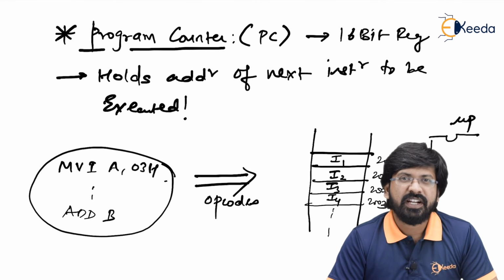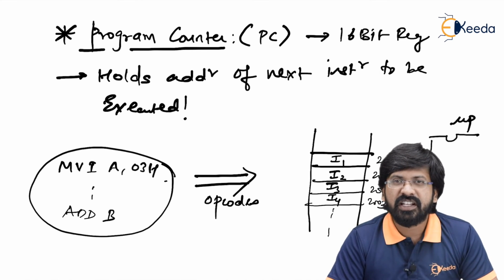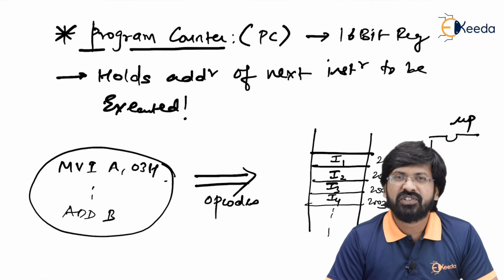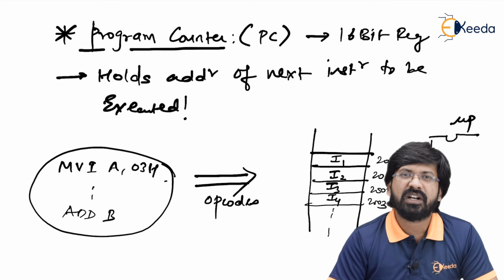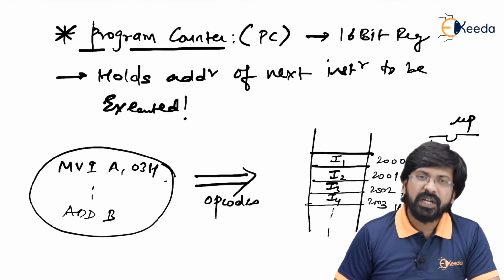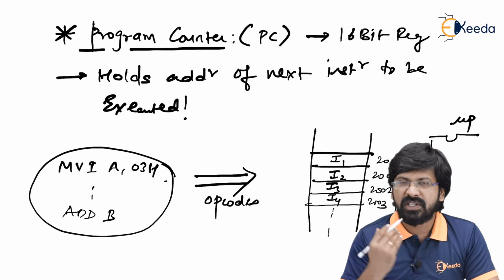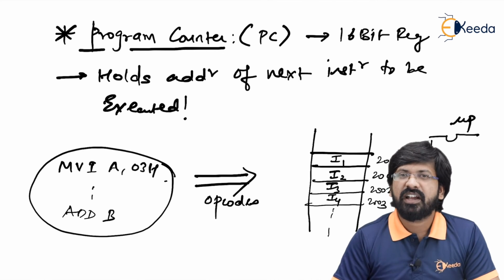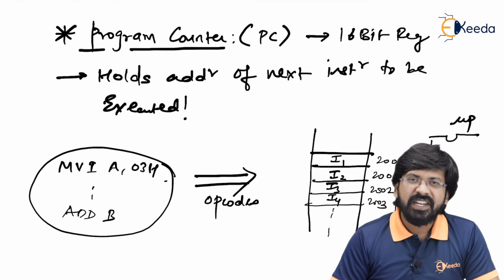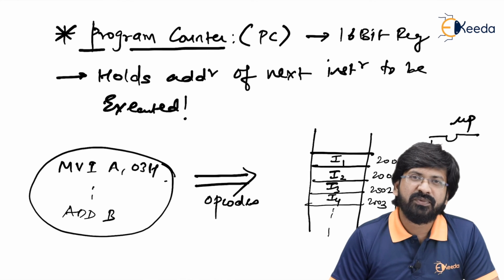So what I said, it has to read the instruction. Reading the instruction is what we call fetching the instruction. Then it has to understand the instruction. Understanding of the instruction means decoding the instruction, and thereafter taking the action means executing the instruction. So the MPU does three things. First, it fetches it, then it decodes it, and then it executes it. Am I right?